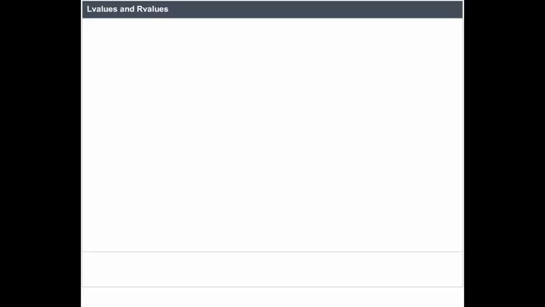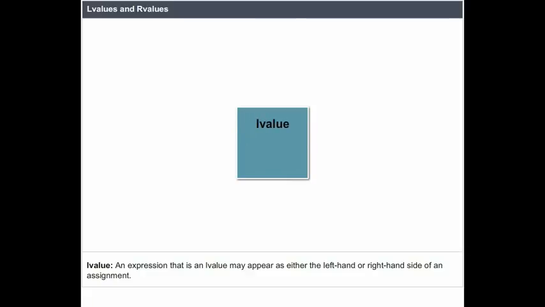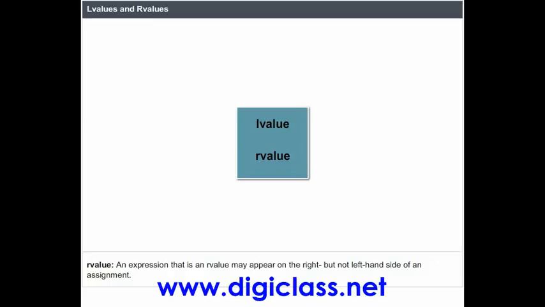L values and R values. There are two kinds of expressions. An L value is an expression that may appear on either the left-hand or right-hand side of an assignment. An R value is an expression that may appear on the right but not the left-hand side of an assignment. Example: